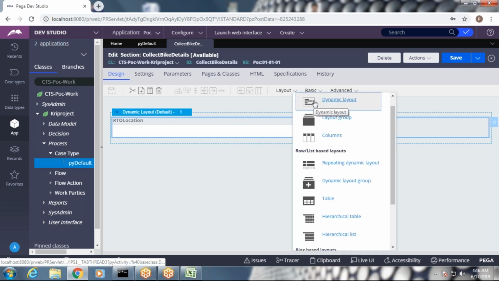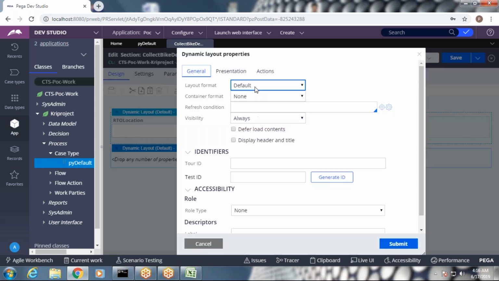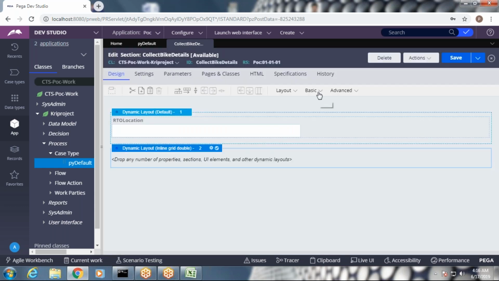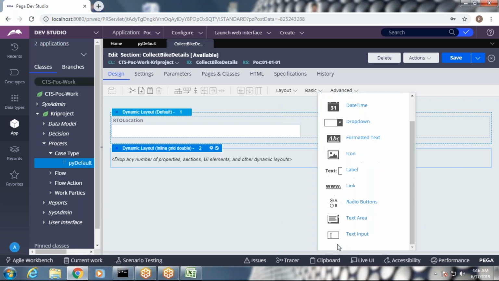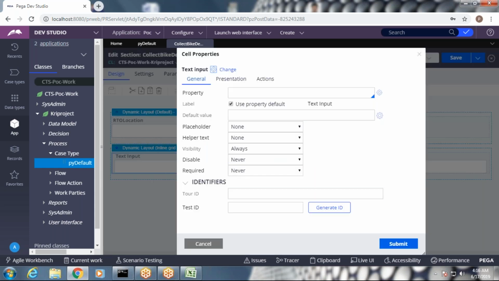And you can call one more layout, and this layout I'm going to select as inline double. Call the text input here. Call the two properties: select model and on-road price.